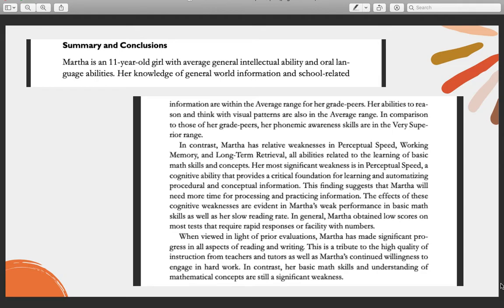So you're gonna have to write down here a general, like, bird's eye view of who the child is and yung mga strengths and weaknesses niya. And then you're gonna write down the result of your evaluation. Remember, the reason for